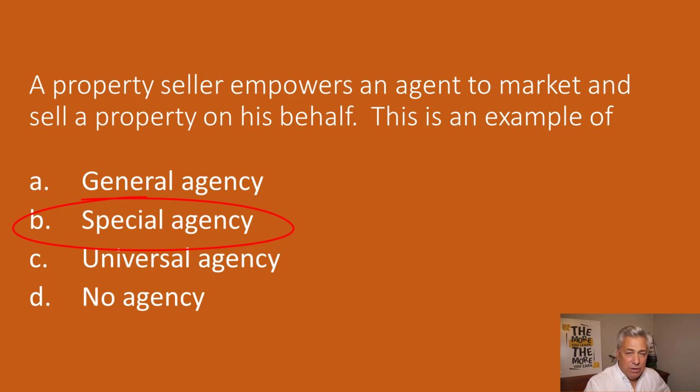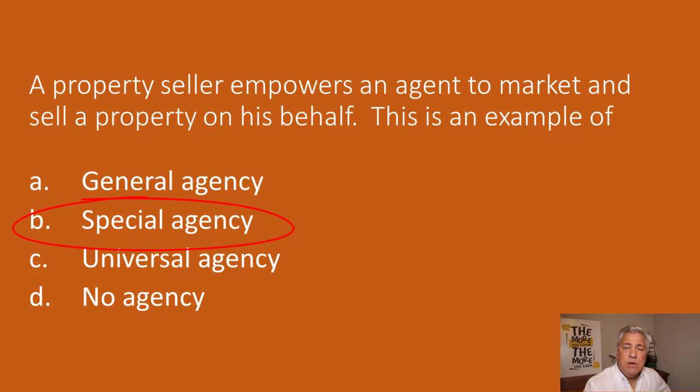Property management is an example of general agency relationships. General agents have a special power. They can sign contracts and bind their client, the person they represent. Think about it. Normally the property manager signs the lease with a tenant, binding the owner to the tenant. Another example of general agency relationships would be